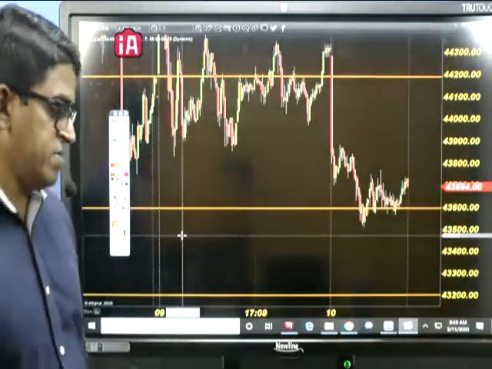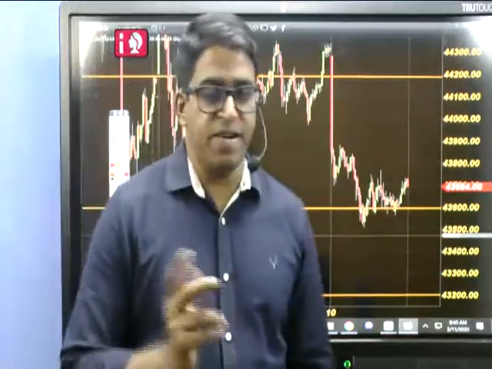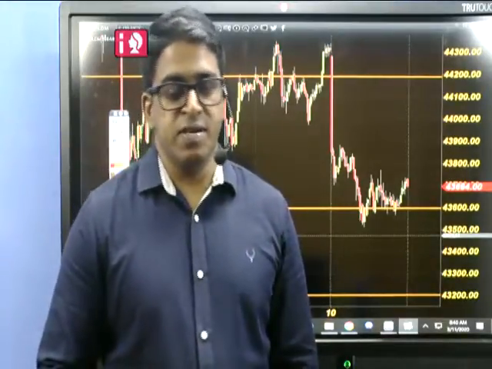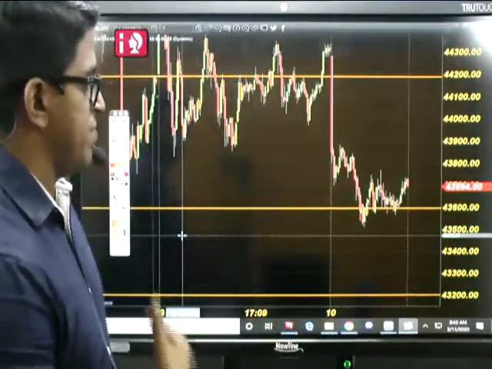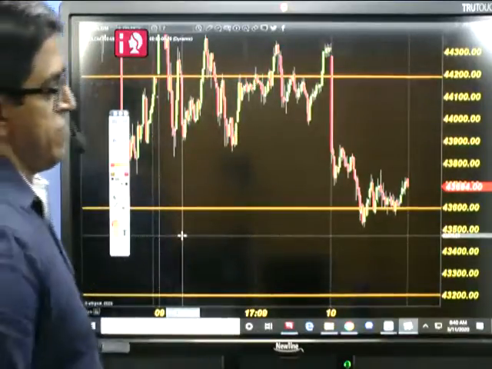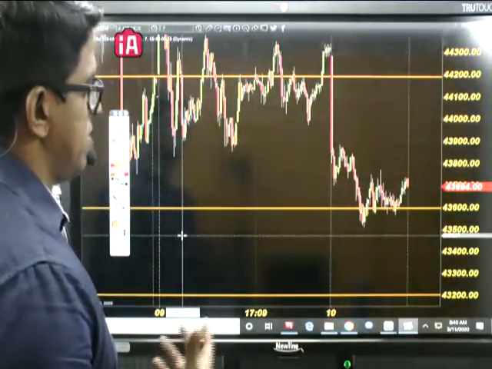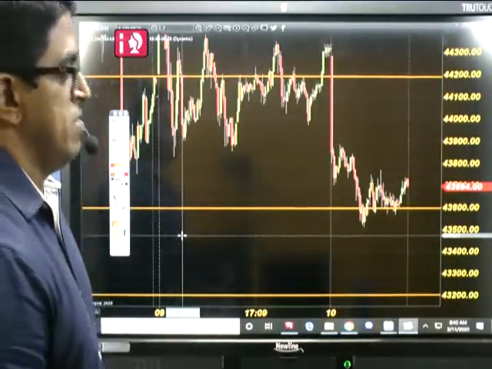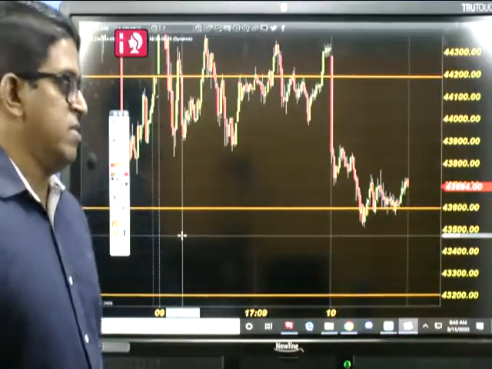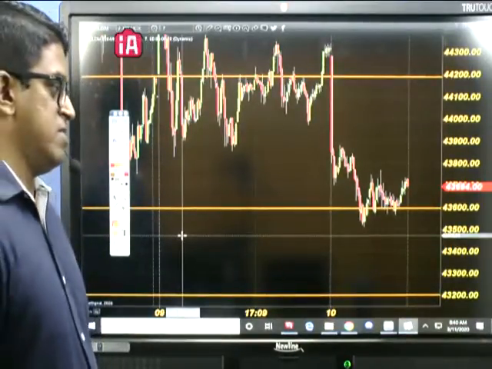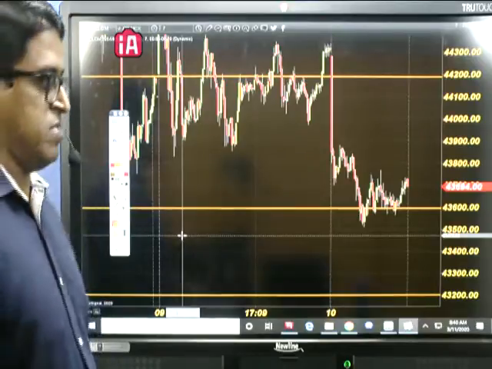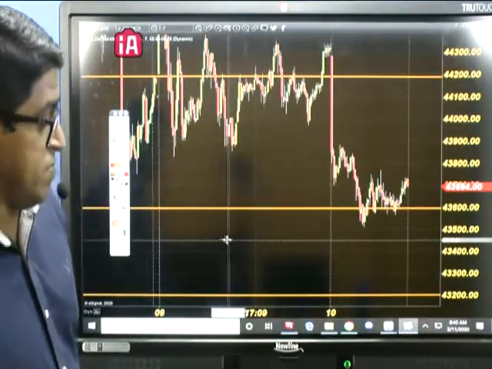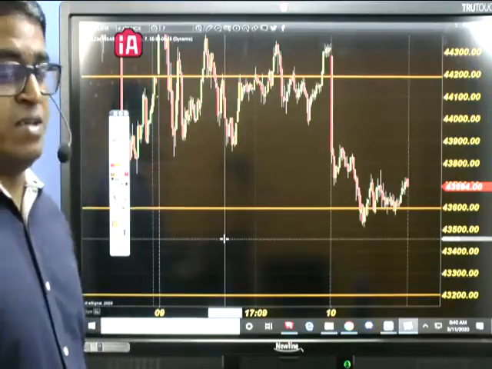The objective of this analysis is to give you some valuable insights so that it can guide you to take a trading decision. We have given all the input. This is not a 50-50 chance for both buyers and sellers, but we want to stay along the trend. We give importance to the trend first, then we test our instinct after that. Whatever our instinct says is less important when we consider the trend. So follow the discipline.